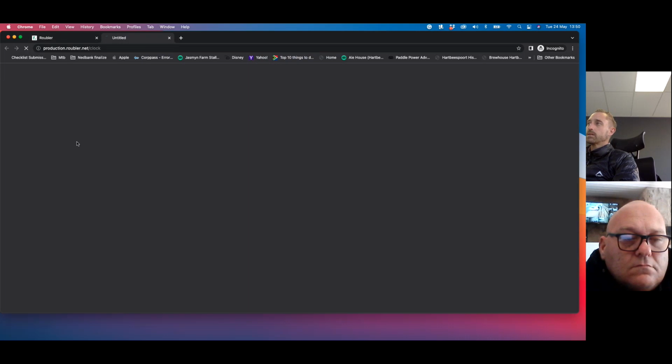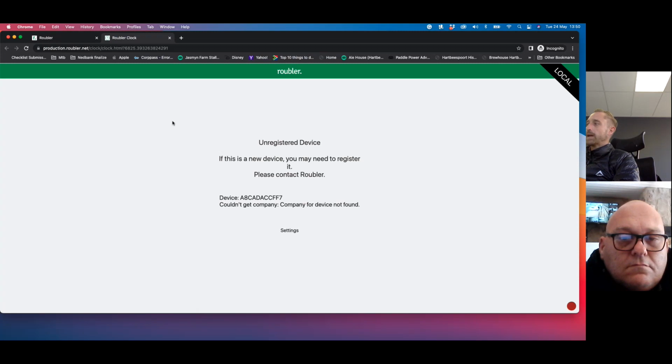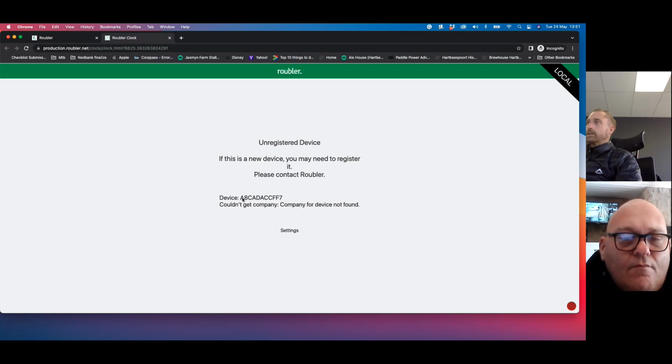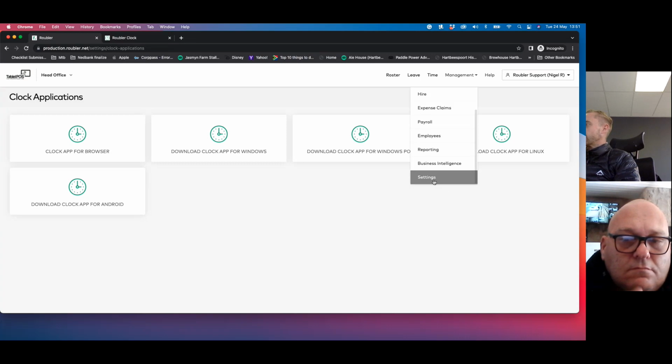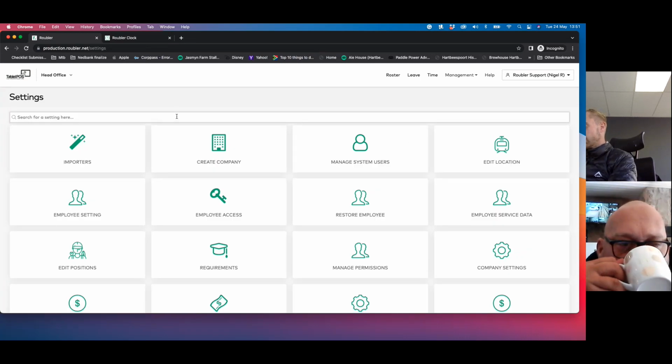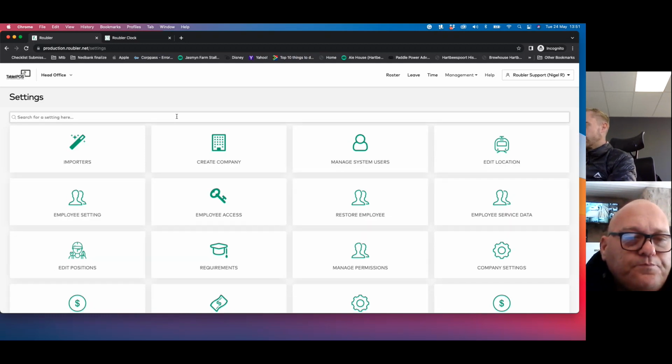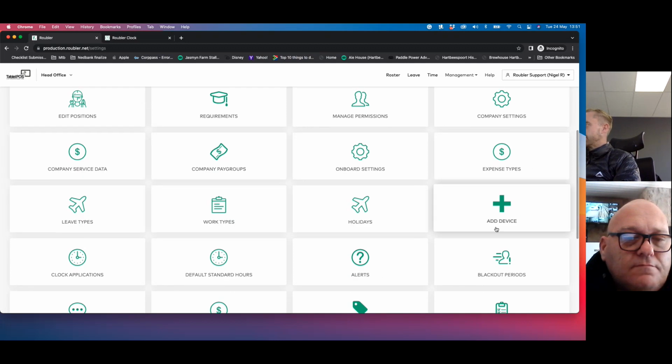If I click on this, you're going to notice that it pops up nicely over here, and it's blank for now. It gives me a funny code, and I'm just going to write that code down quickly now: A8CADACCFF7. That's how you connect a clocker, and you can have 10 of these on 10 different computers. Then all you need to do to connect the clocker to the system is go and put in the